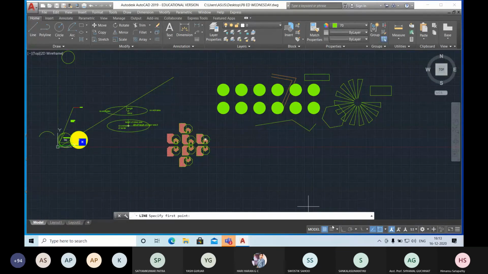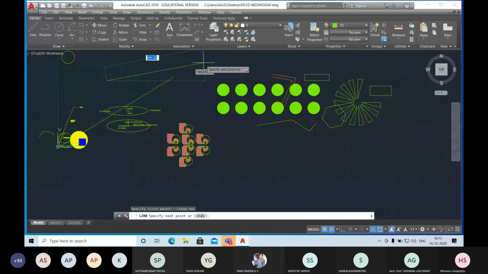If I press F9 on, you can see it is moving from point to point. You can see this is 350, 459, and like this way. When you click here and drag this way, you get this blue box showing the length, and this gray box showing the angle: 13 degrees, 48 minutes, 49 seconds, 38 degrees, 18 degrees, 19 degrees. All these options are there.